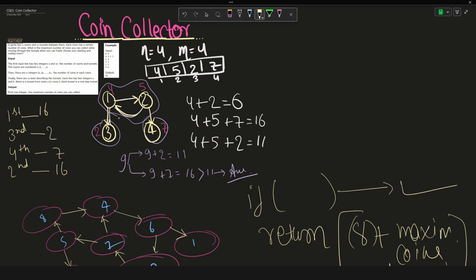We also noticed one thing, that if you are present at any node in a given component, then it will always be possible to move to any other node, because it is a part of the SCC of this component. So if we are at 1, then whatever coins are present in this component, we will be collecting that. So we collected 4 and 5,